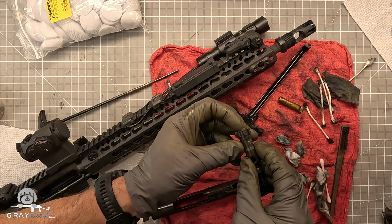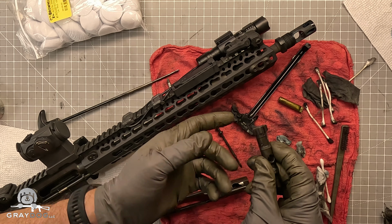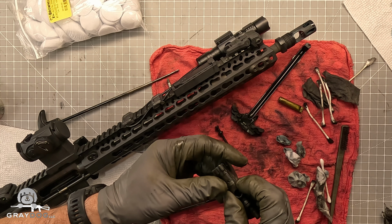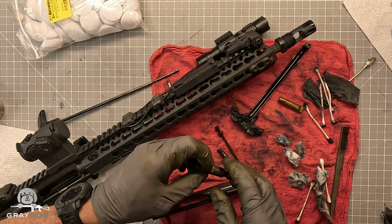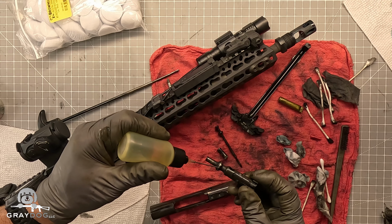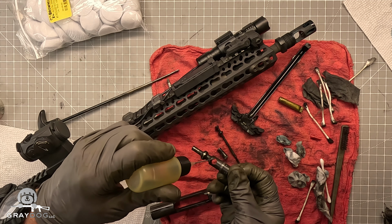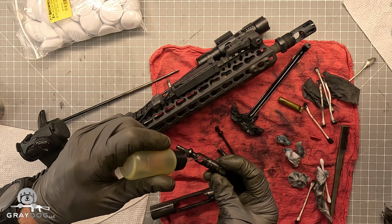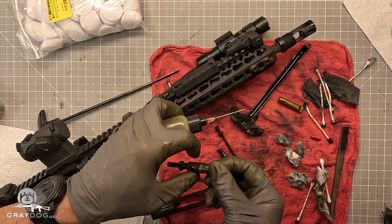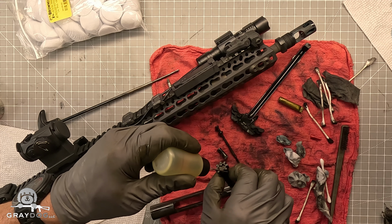Like I said, I probably need a new bolt because the extractor, it ain't even coming off. Like, nope, sorry, not going to go anywhere. You are screwed. The end of story. That's fine. Don't care. But that said, guys, I'm going to lube it, put it back together. I'll be shooting it sometime this week and we'll see what it does. I am probably preemptively going to order another bolt though. I really am. If BCM has any in stock, I'll probably just order another one, man, because I tell you what,